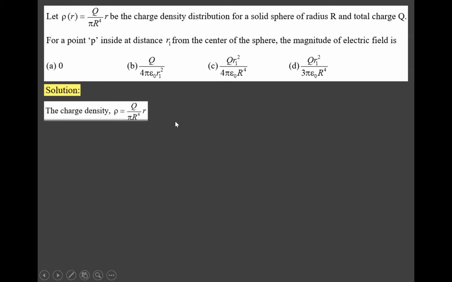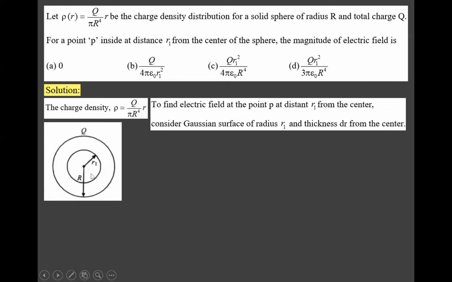So first we have to consider a Gaussian surface having radius equal to r1, and suppose the thickness of this Gaussian surface is dr. And now we have to find how much charge this Gaussian surface is enclosing. See here, the charge density is given to you. Now if we apply Gauss's theorem to this particular Gaussian surface, then we can write